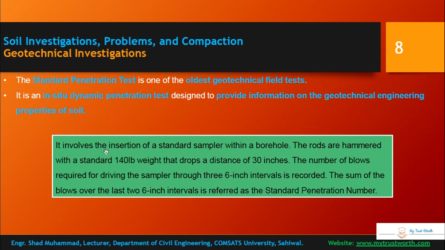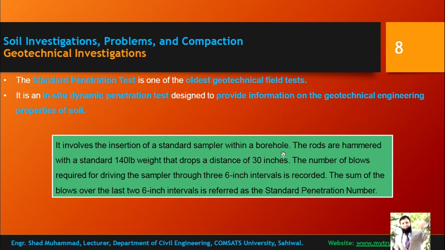This is the process by which the SPT is conducted. It involves the insertion of the standard sampler within a borehole. A sampler is inserted in the borehole. Rods are hammered with a standard 140 pound weight that drops a distance of 30 inches. So hammering is being conducted, and with the help of hammering, a 140 pound weight is dropped at a